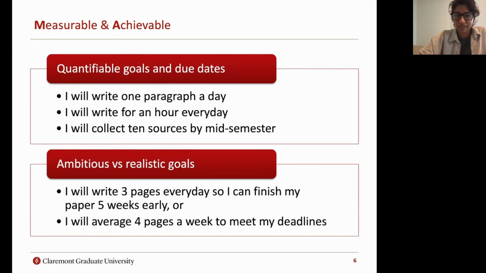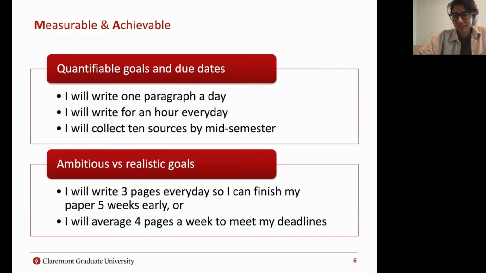You can think about it in terms of your writing style and writing goals and types of achievements you would like to accomplish. So, I'll write one paragraph a day, or I'll write for an hour every day. These are two different ways of quantifying what goals you can achieve. Some people work better in terms of thinking of the amount that they're writing, while others work well in terms of thinking of the times that they're writing during the day. Being able to quantify that in a way that works well for you is part of developing these measurable goals.